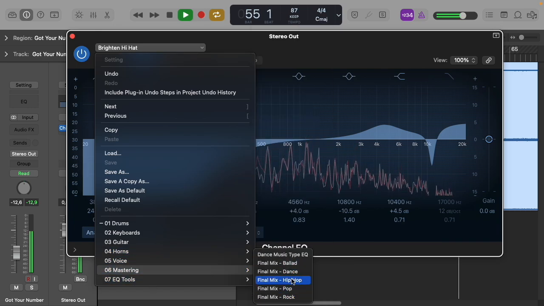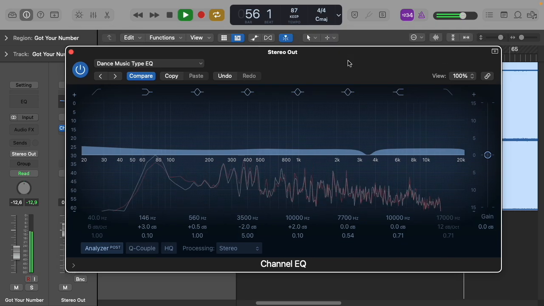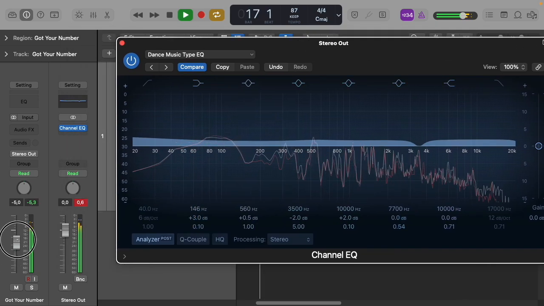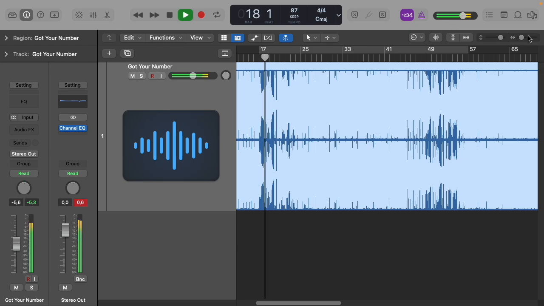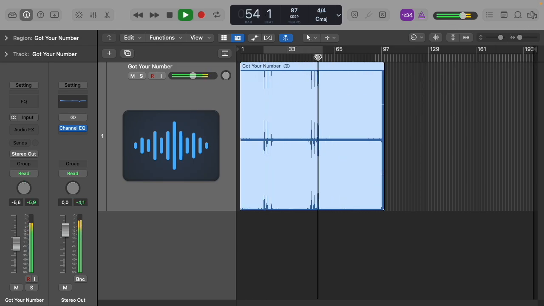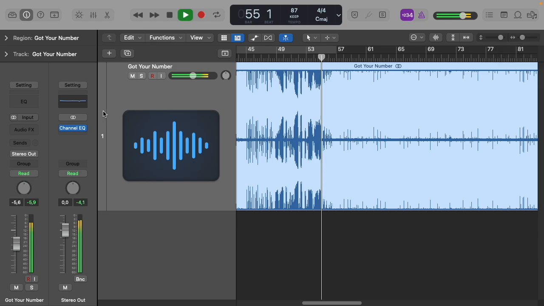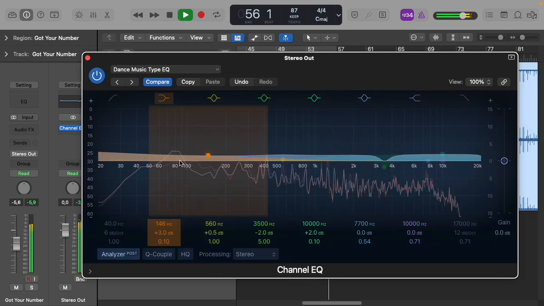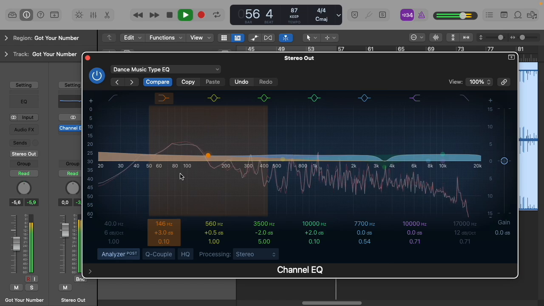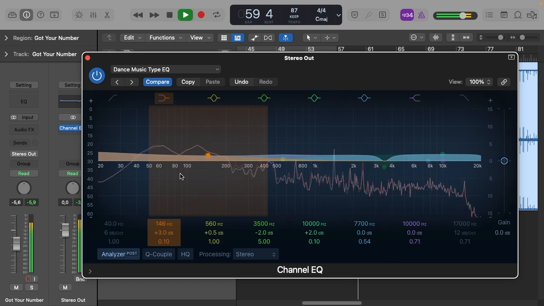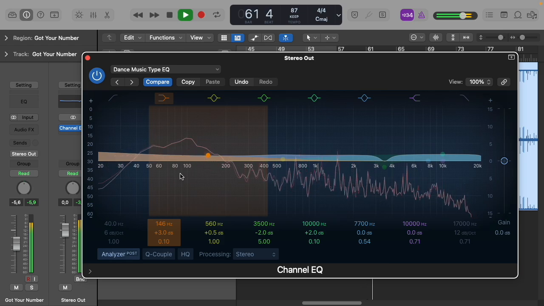And as you can see here, Logic comes with loads of cool little presets. I'm on a dance music type EQ right now for a master, and I'll just turn it up a little bit so you can hear it. Just get it to the drop. As you can see, they boosted it up in the low end a little bit, cut it between 3 to 4K. So yeah, an EQ is really handy to use in mixing, mastering, for music production,